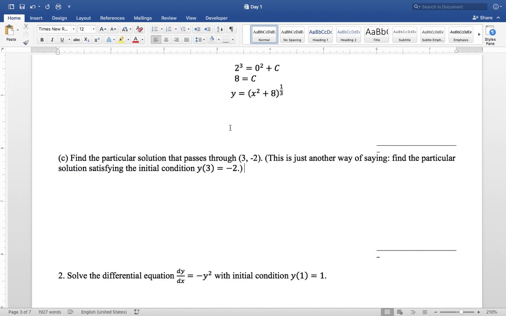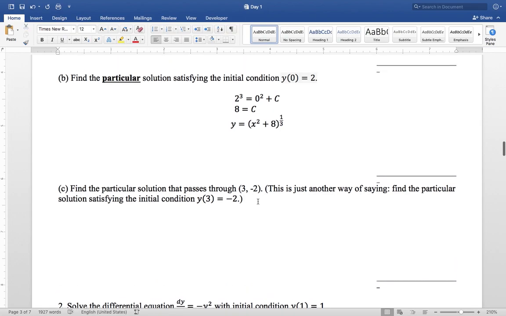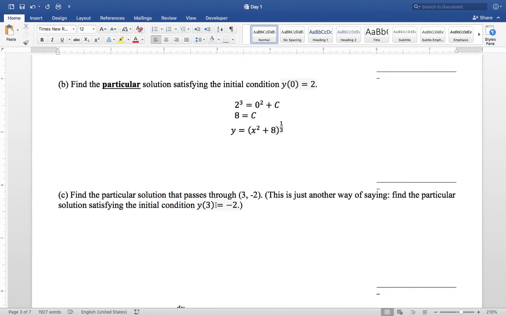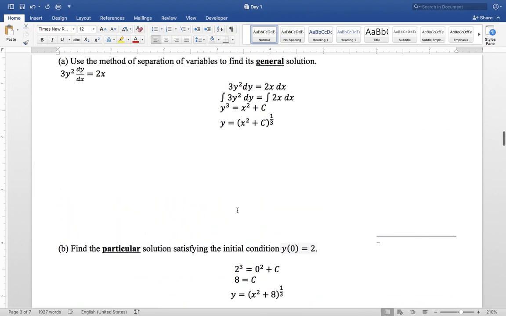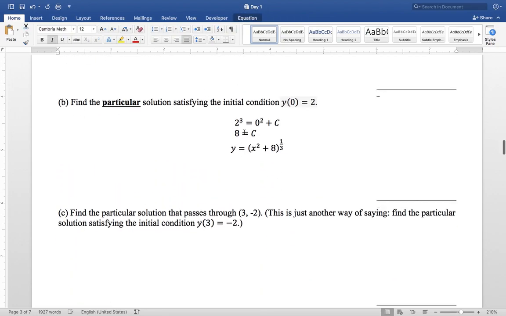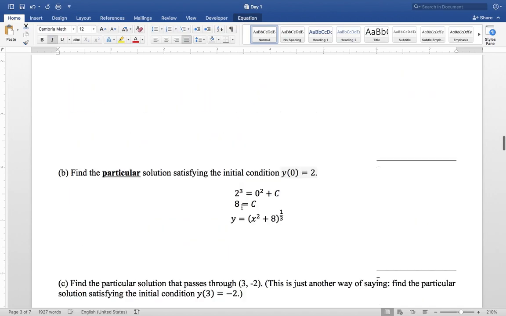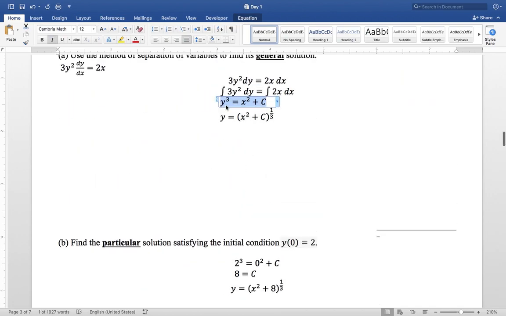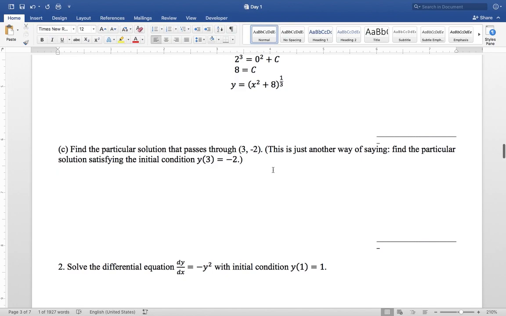Part C. Find the particular solution that passes through (3, -2). This is just another way of saying that you should find the particular solution satisfying the initial condition y of 3 equals -2. So all this is going to do is give you a different particular solution. It's going to give you a different value for c. Now, if you go back to, say, this equation right here, and you replace x with 3 and y with -2, you'll obtain, let's see,